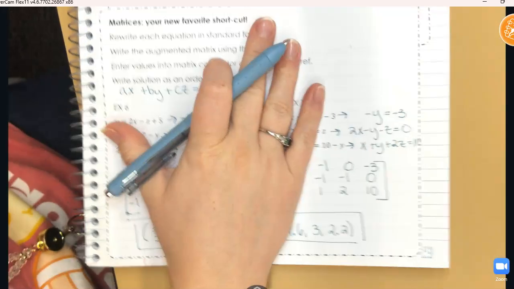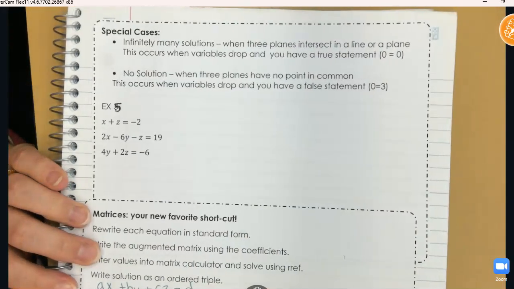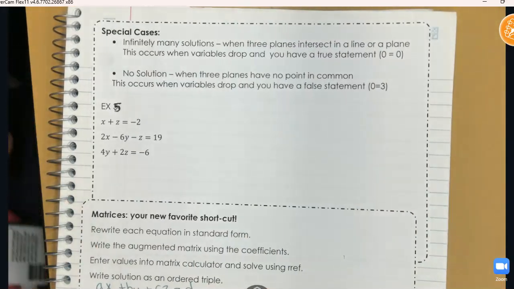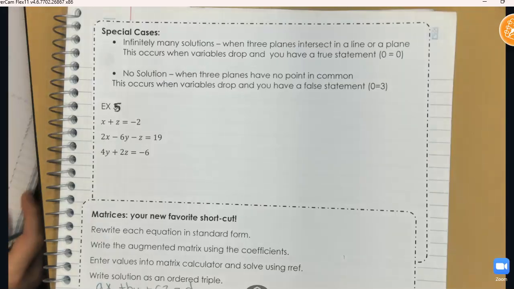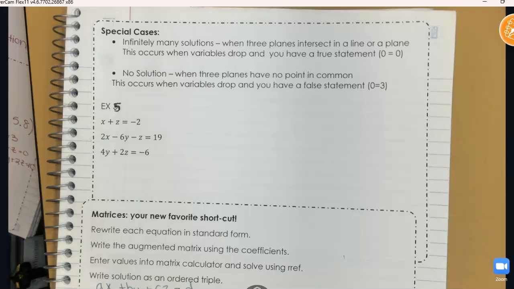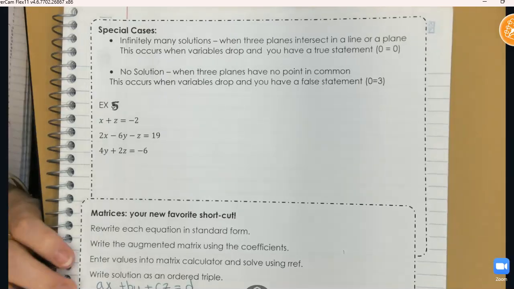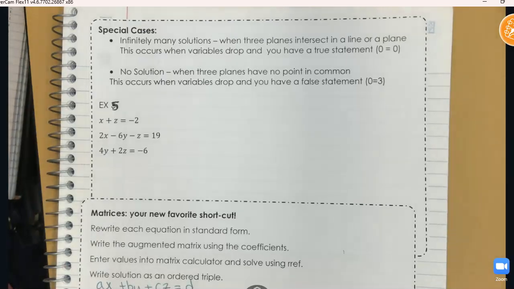Okay. With a little bit of time I have left, we're going to talk about special cases really quick. So you remember how this goes from the 2 variable systems? It's the same way. If you start canceling things out and you get a true statement, you have infinitely many solutions. If you start canceling things out and you get a false statement, it's no solution. So if I were to do substitution or elimination here,